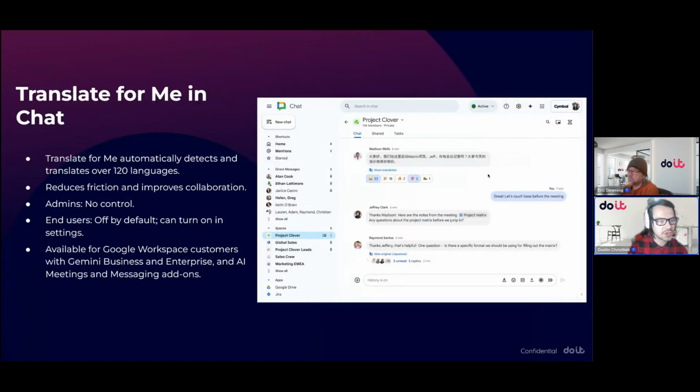You also have Translate for me in Google Chat. Translate for me automatically detects languages, over 120 individual languages. And it is off by default, but can be turned on by end users. This is available to Workspace customers with the Enterprise add-on. So this is part of the Gemini Enterprise or Business add-ons here in order to do the translations in Google